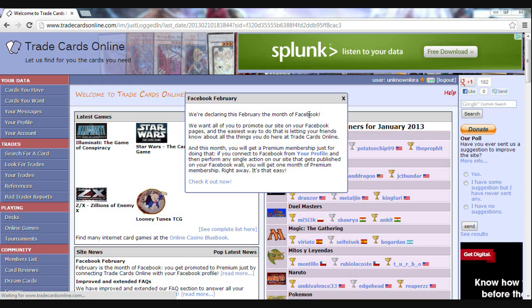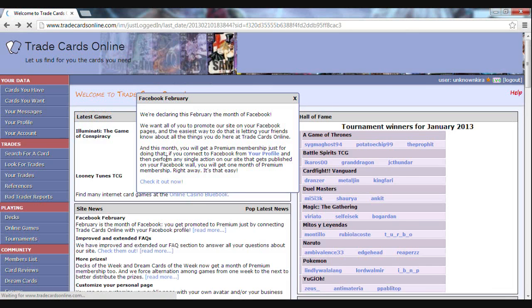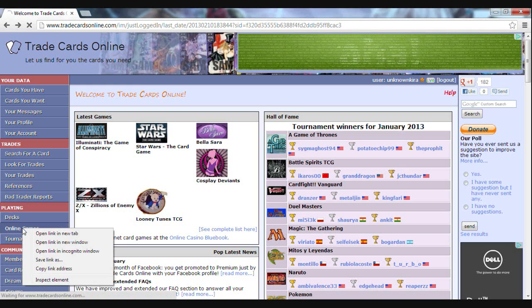This video is where I'll teach you how to play Zex in Trade Cards Online. You just go to tradecardsonline.com. You should log in, because if you don't log in you will not be able to play. You click on that. Normally it won't be there after a month or so, but if it's not there, you click here, the online games,